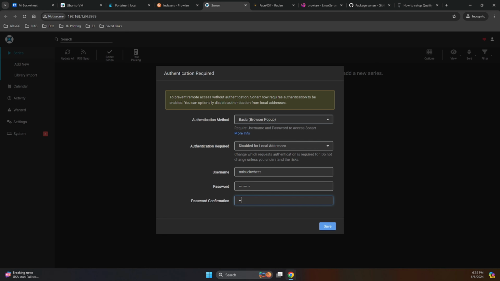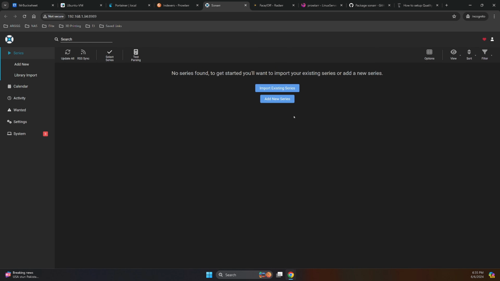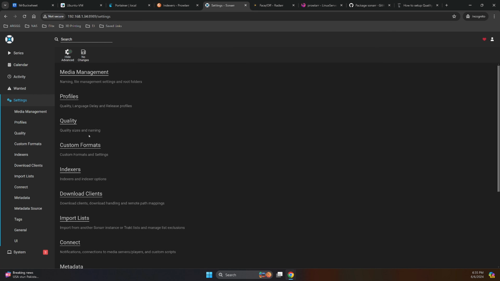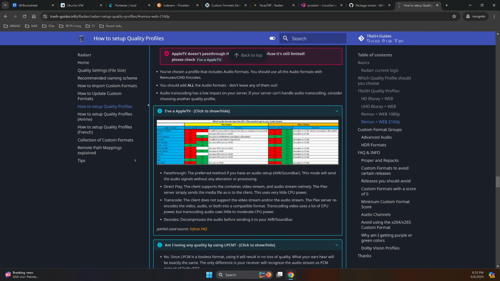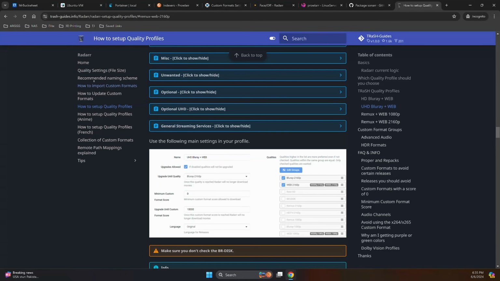And really what I'm doing is I'm just making these the same to make it nice and easy, because once I get everything set up, it'll be good. But yeah, like the settings and like I said, the custom formats, everything's the same here. And what this would look like in Sonarr, if we just scroll up to